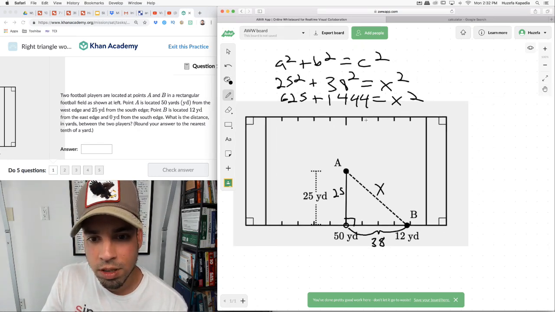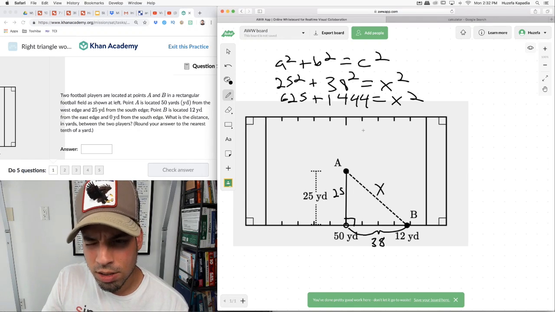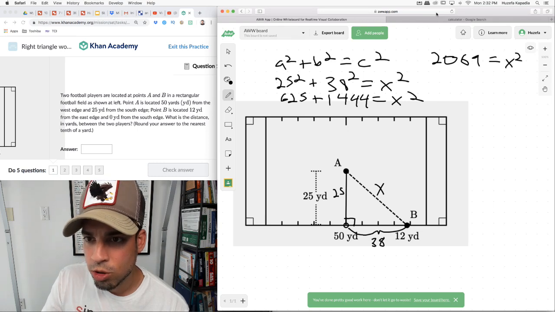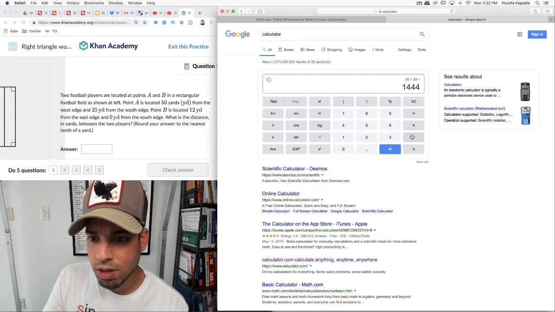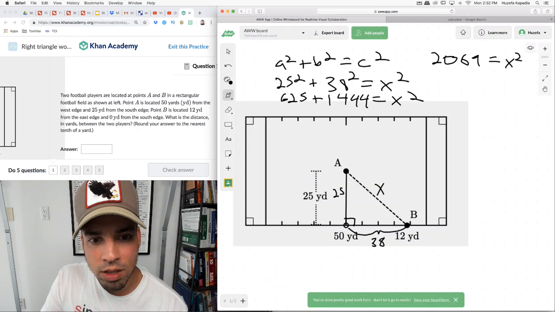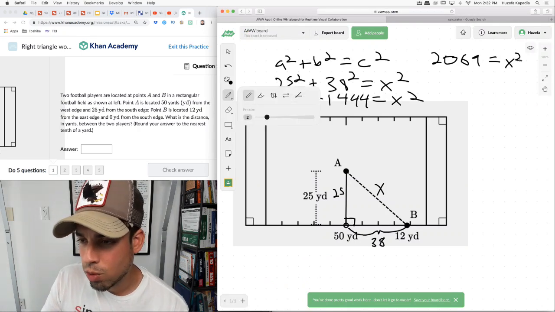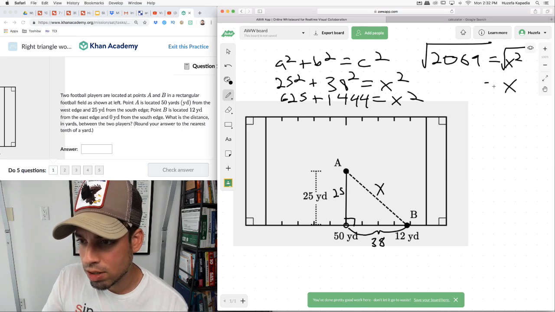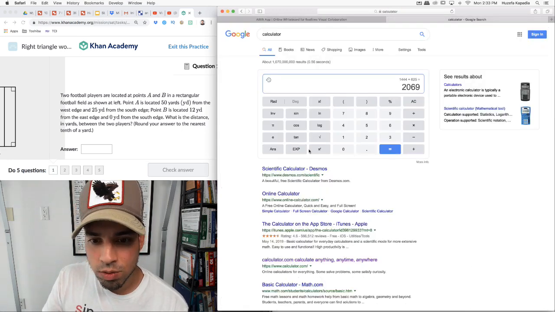So we can add this and use a calculator or not. This should be, let's see, 2069. So 2069 equals x squared. We'll double check that math just to be safe. 625 plus 1444, yep, 2069. And then we take the square root, right? Look, here's the deal. We're trying to get x squared. We want x, so we take the square root of both sides, essentially undoing that square, and then x equals the square root of